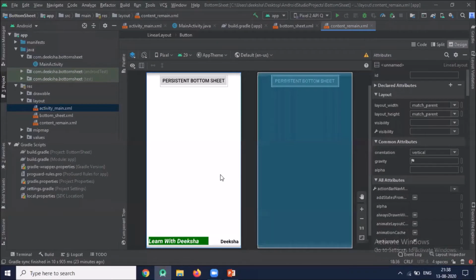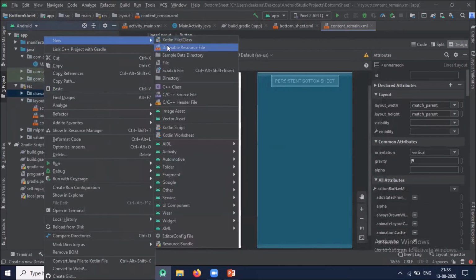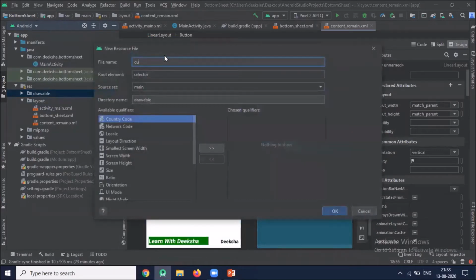This is our persistent bottom sheet design. If you want to create a rounded bottom sheet, then we have to create one custom background. So right click on drawable, drawable resource file, name it custom background.